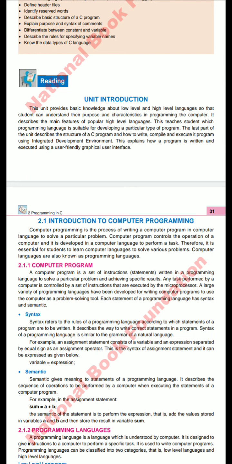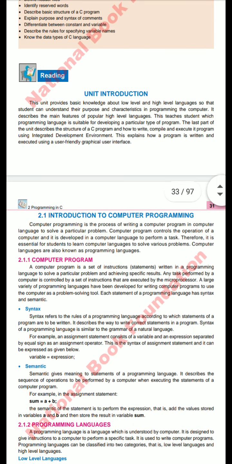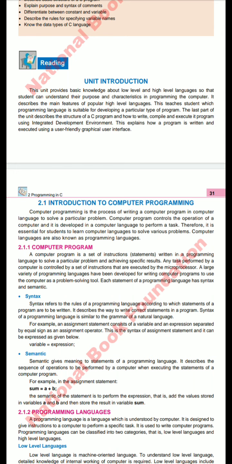Now, dear student, there are two types of languages. Number one is high level language and number two is low level language. Low level language is also known as machine language, the only language the computer knows, and it is in 0-1 form. 0 means off, 1 means on; 0 means low, 1 means high; 0 means false, 1 means true. It means the computer knows only machine language, or low level language.